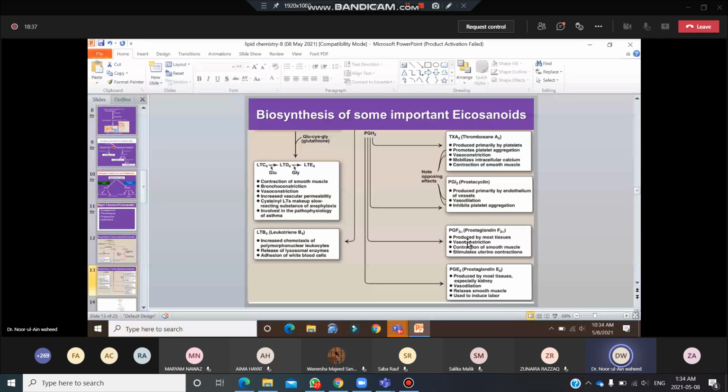PGF2 alpha: the most important function of PGF2 alpha is that it is synthesized and secreted during childbirth, because it stimulates uterine contractions. So contraction of smooth muscle causes vasoconstriction. You can see that it causes contraction of the smooth muscles. Constriction of the blood vessels is because of the contraction of the smooth muscles of the blood vessels. So it causes vasoconstriction, contraction of the smooth muscle, and if the smooth muscle is of the uterus, then it causes the